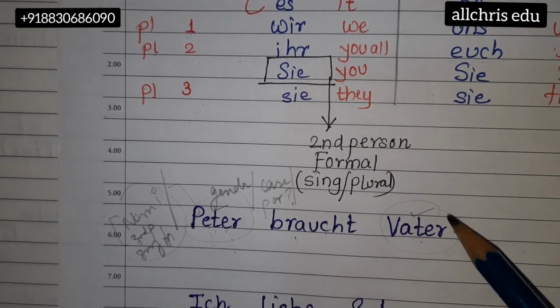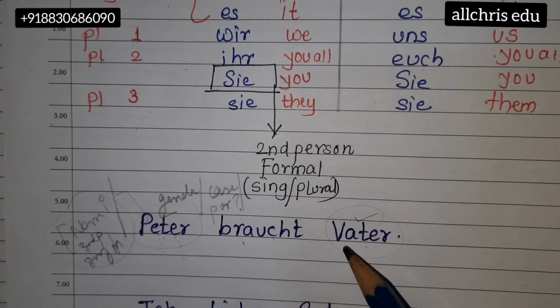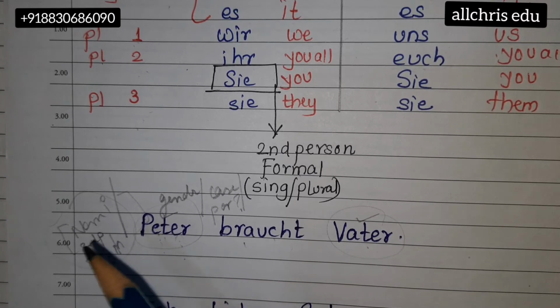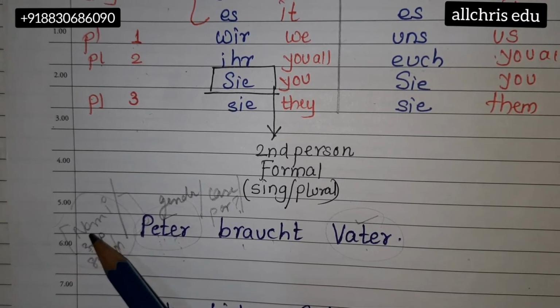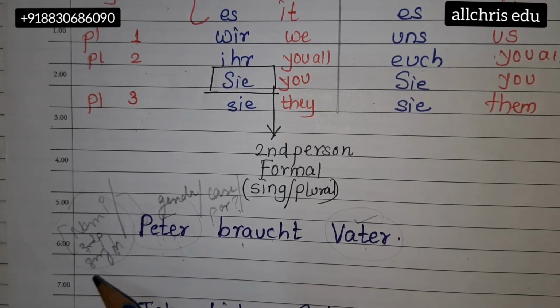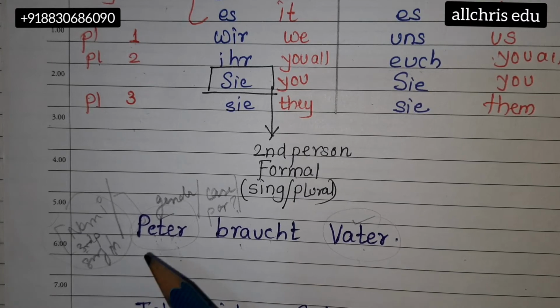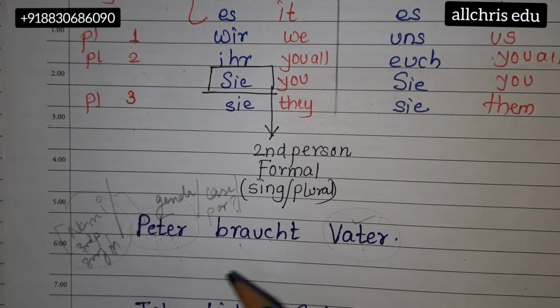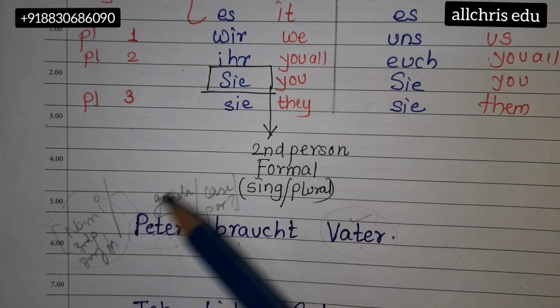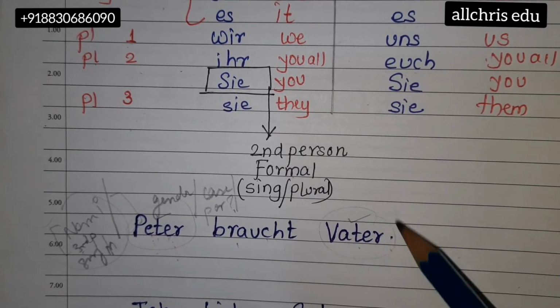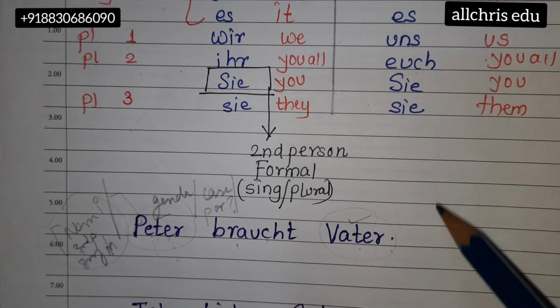Now we will substitute the word Vater. Instead of Vater, Vater is father. Okay. So instead of Vater, the same criteria. First find the case. Then find the person. Then find if it is singular or plural. So Vater, it is an accusative, because Vater is not needing anyone. Vater is not a doer. On Vater we are doing action. So Vater is accusative. So write in the bracket over here accusative, oblique.